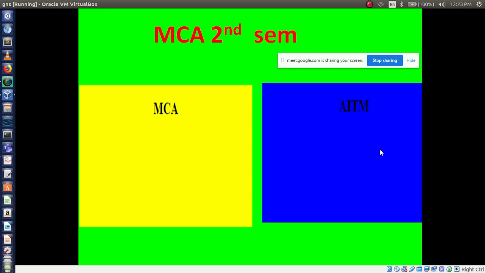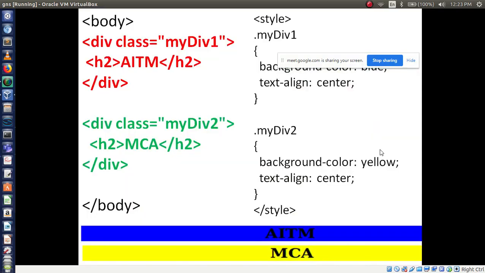See, and you can also apply the colors directly, I mean using inline style sheet, or you can also use a class selector. Choice is yours. Here you can use class, or here you can use ID, whatever it is. Okay, now I have taken this example for using class. Division, class name I have given my division 1.